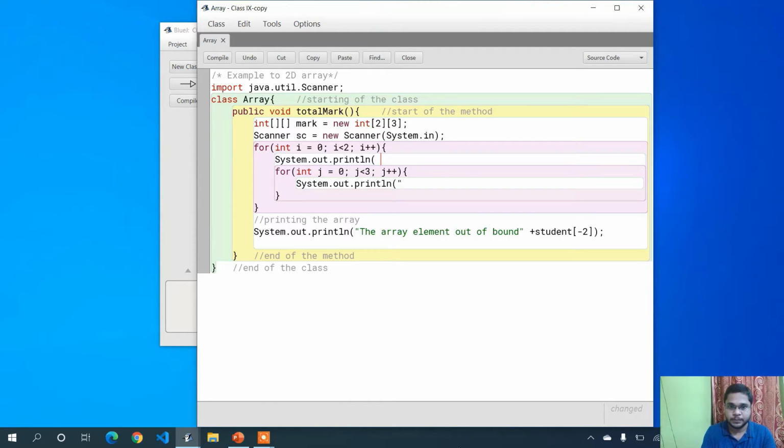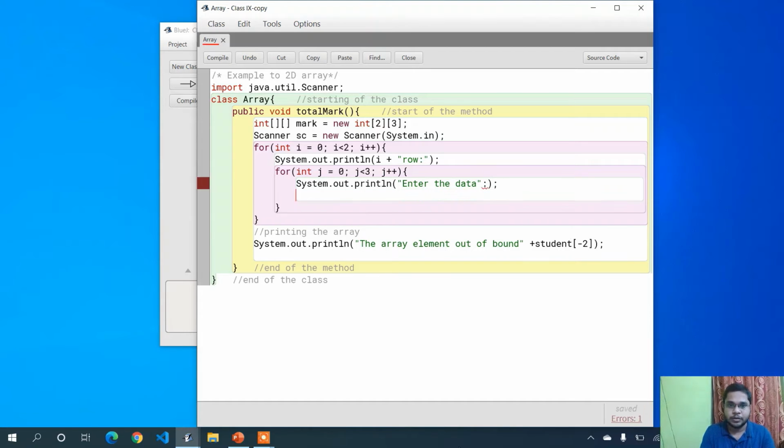Here I write, first I print the i value with the string row, just represented as first row, second row, like that. Now System.out.println, then enter the element, or you can write enter the data.